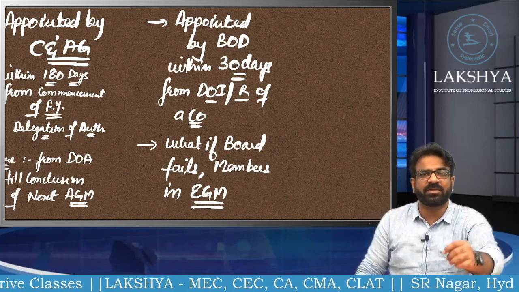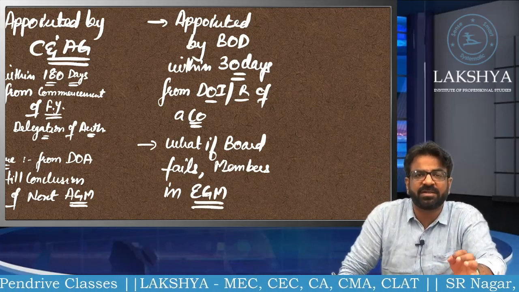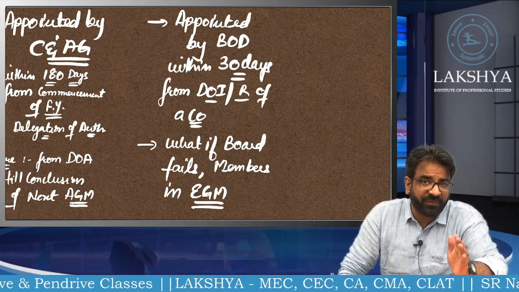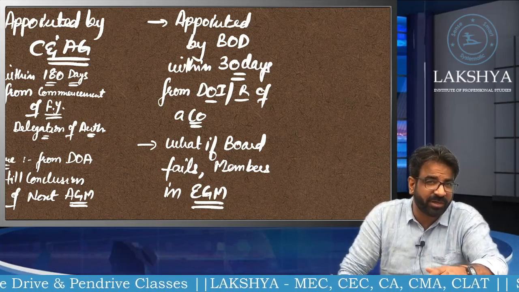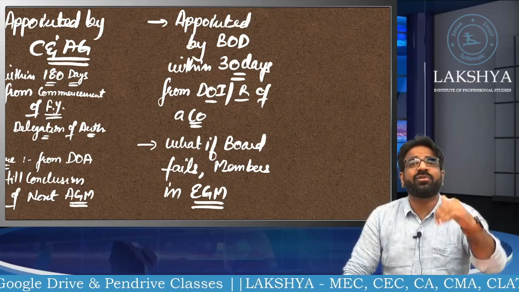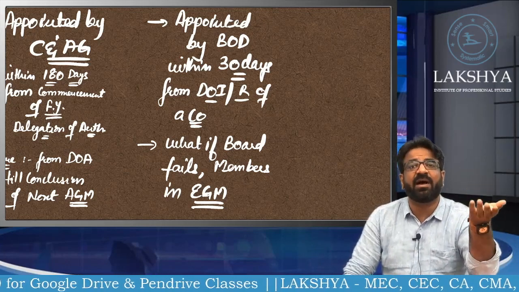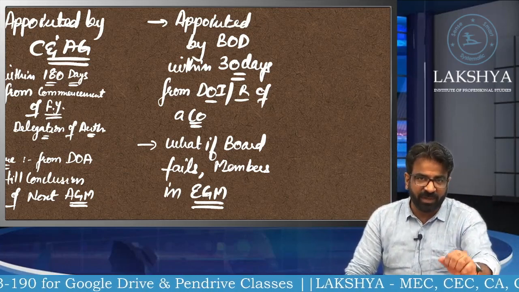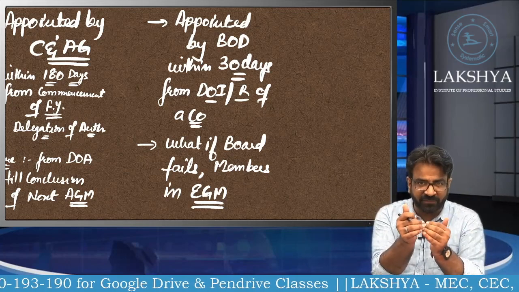जल्दी बताओ, EGM क्या होता है? Extraordinary General Body Meeting. Now, whether the first financial year got concluded yet? Not. So how can the AGM come? AGM comes after the financial year. But this is happening during the first financial year.